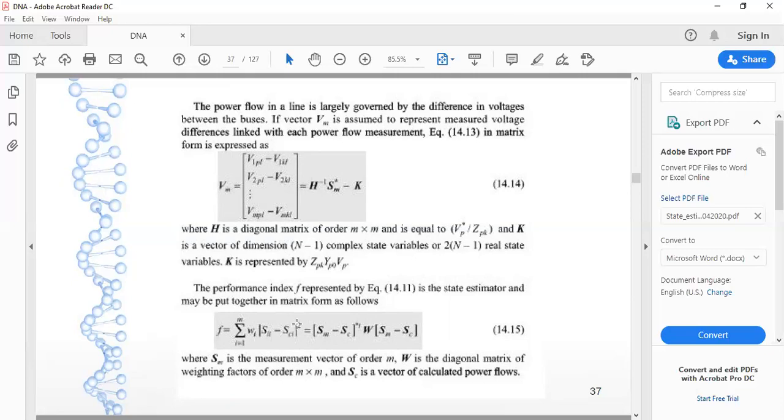It is whole square. So in terms of matrix, what exactly I have to do is take one of these as a transpose, and the second one should be as it is. Only then is the product of these two possible. So I have to separate out two terms. The first one is S measure, apparent power measured minus apparent power calculated, transposed, with the weighting factor as it is, and the second matrix is the measured power minus the calculated power. So this is nothing but a broad form of this equation.